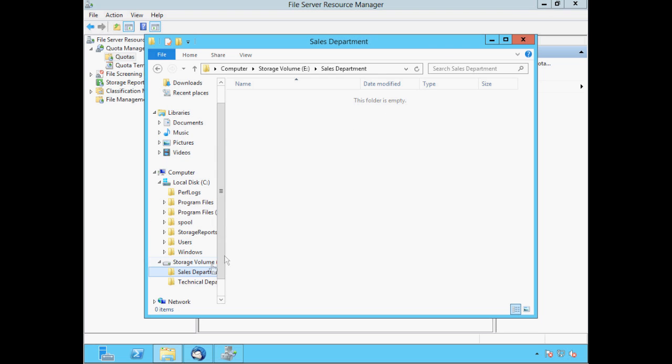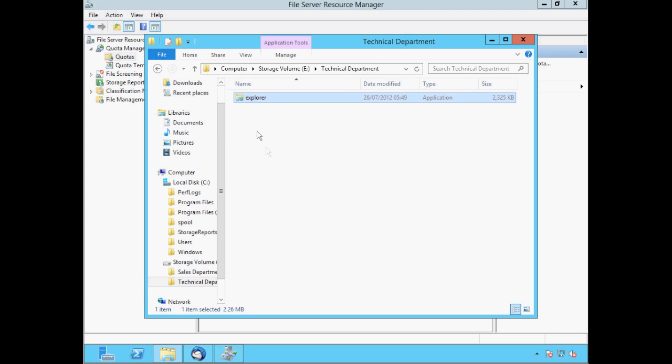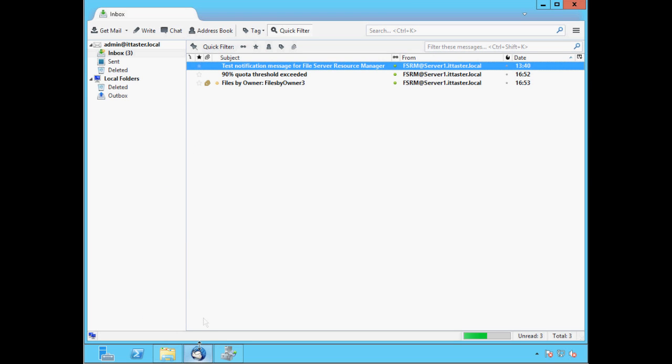If I now try to paste the Explorer application into the technical department folder, now remember we set a soft quota limit of 2 megabytes. As you can see, we're allowed to save the file and exceed the soft quota. If we now go to our email, you'll notice we've got a couple of emails from FSRM, and if we open the first one,